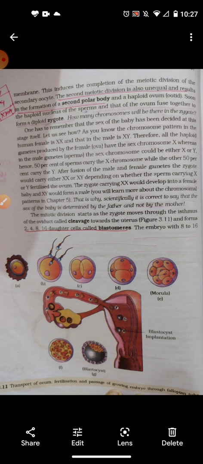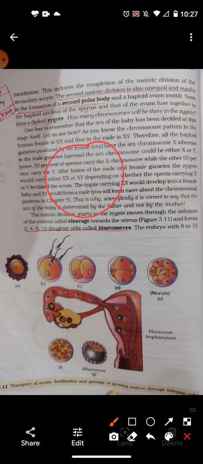First there is a zygote. Here it divides into two cells. Then it divides into four cells, then into sixteen cells, and then a bunch of cells. This is said to be the morula. After completing several cleavage divisions, the blastomeres are arranged in the form of a solid ball of cells. This stage of development is called the morula.